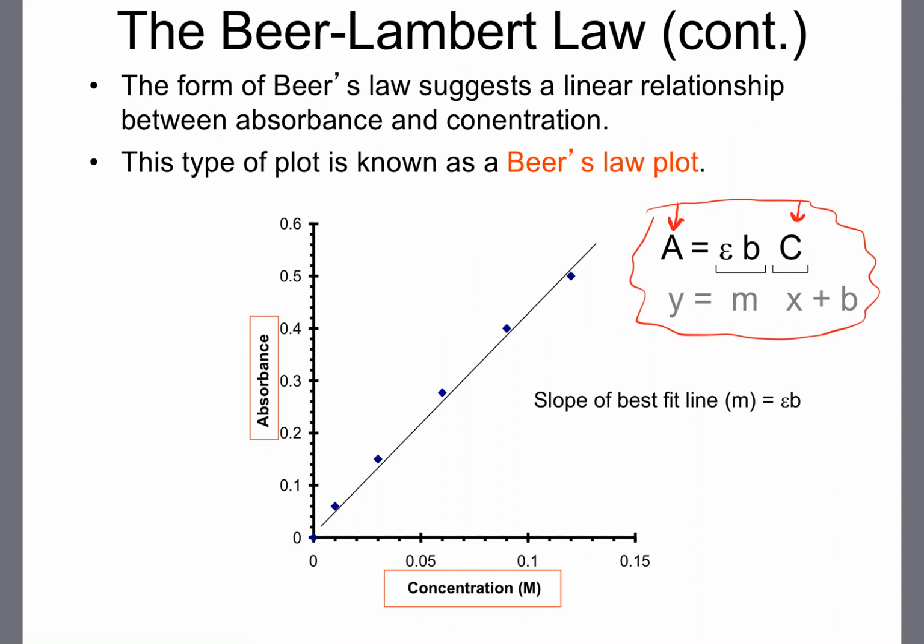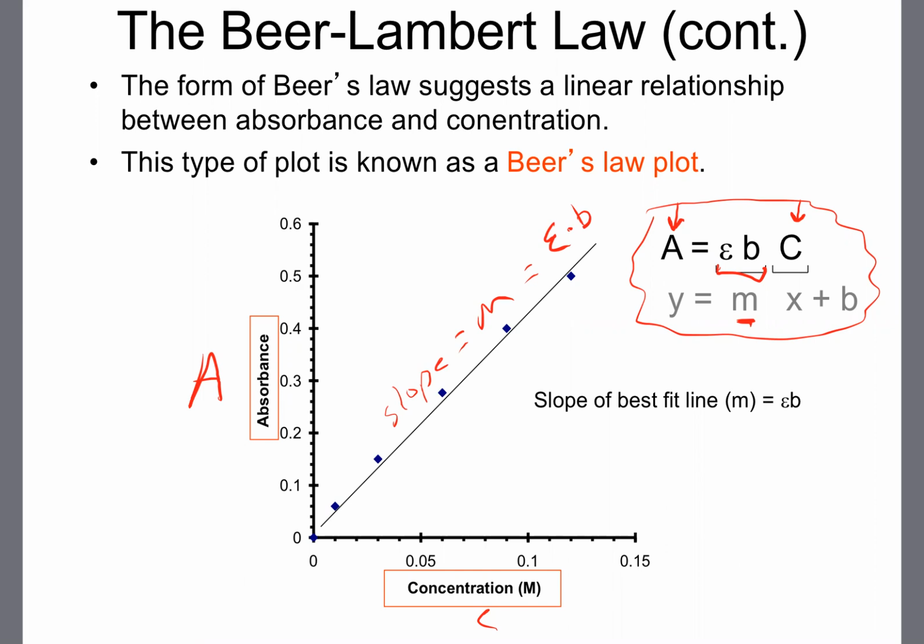So if I make a plot of absorbance as my y versus concentration as my x, what I can see is that the slope of the relationship of these two variables is m. From the equation,